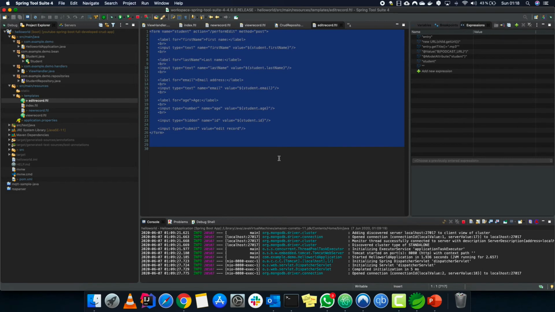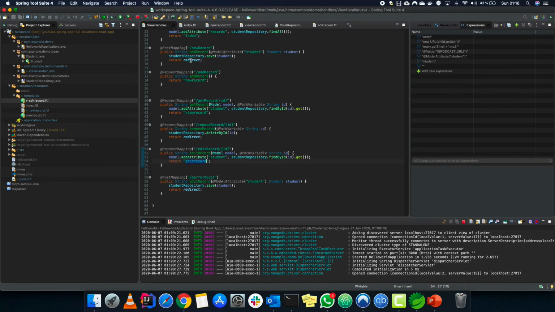So we'll go into the difference and maybe you can understand it without any problems. So it is same, named as a student, form name, method is post, perform edit, which means when the form is submitted, perform edit should run.